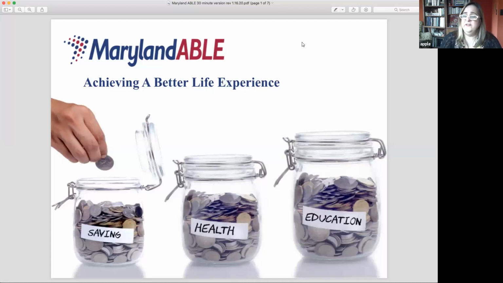ABLE stands for Achieving a Better Life Experience, and ABLE accounts are a way for people with disabilities to finally be able to save money for the future without jeopardizing any of their state or federal means tested benefits. For many, many decades, people with disabilities who qualified for benefits such as SSI and Medicaid and other waivers, they really were in a situation where they were not able to save for things that were important to them, things